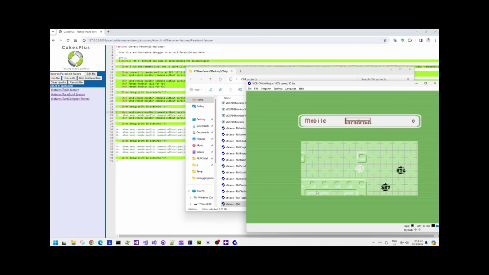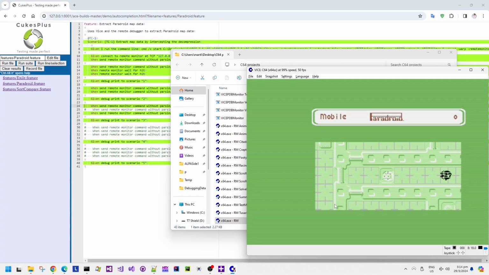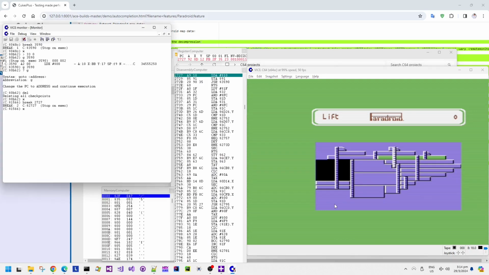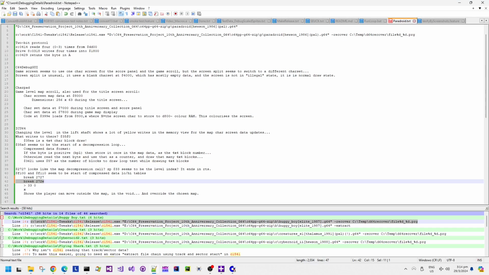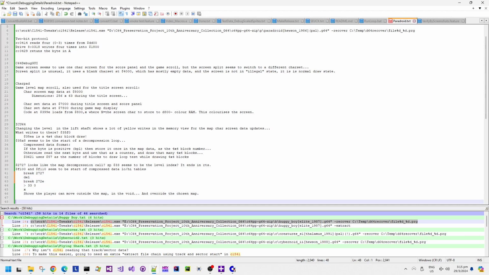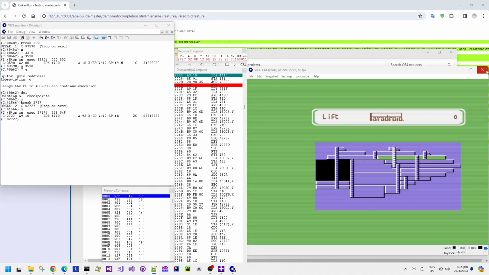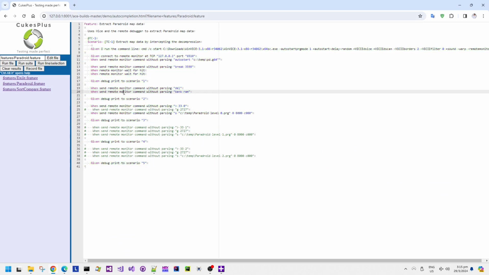So after debugging a little while, I finally figured out what my problem was. The problem was that I wasn't quite using the right debugger commands in the monitor. I forgot that if I execute a go command to execute the decompression code, I need to have a breakpoint after the decompression code for the map data completes. Otherwise the game tries to run at that particular point in time and it just continues on and then doesn't allow me to then save data and stuff like that. So once I figured that out,